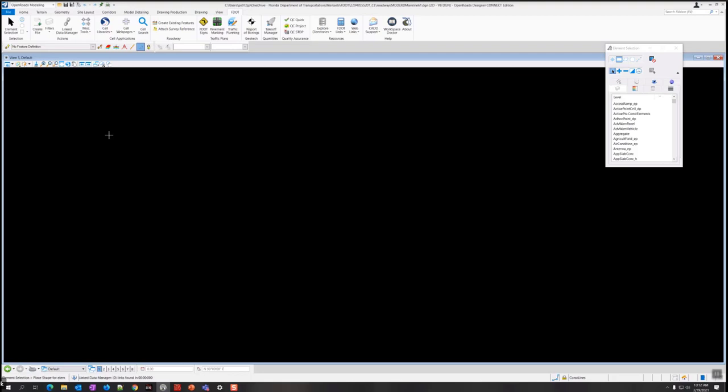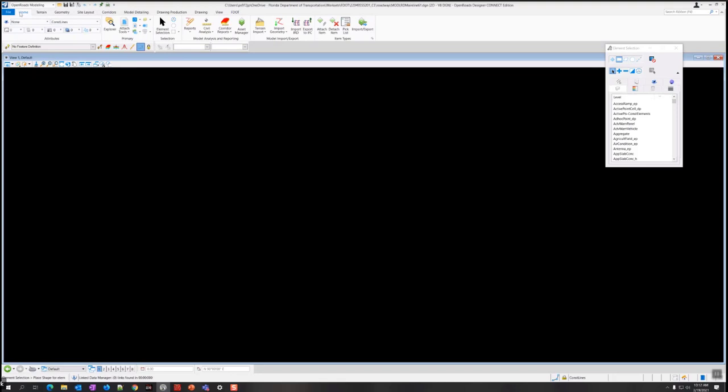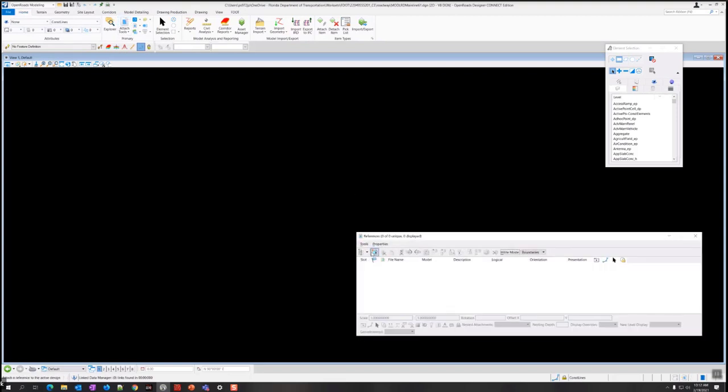So we're going to exercise 2.1, page 2-1. We're going to go ahead and attach the references that we need. So I'm going to go over here to the Home tab, and I'm going to go to Attach, this command right here in the middle of the Primary section. I'm going to do Attach Reference, and when that reference dialog pops up,